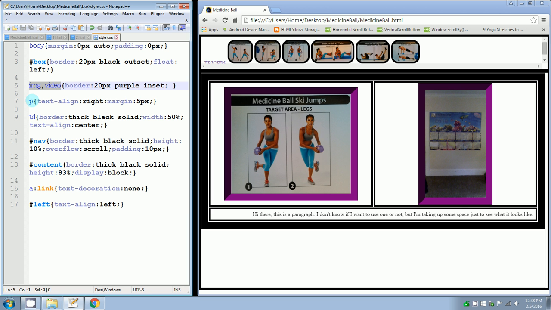Then I have a paragraph style: text align right, margin 5 pixels. That takes whatever I put in this paragraph and bumps it to the right, and it gives me a 5 pixel margin of padding between the text and the black border of the